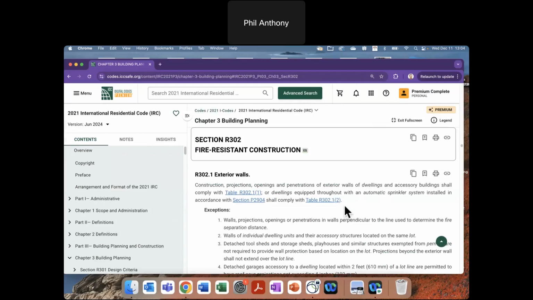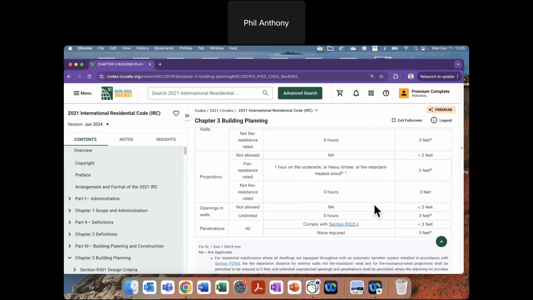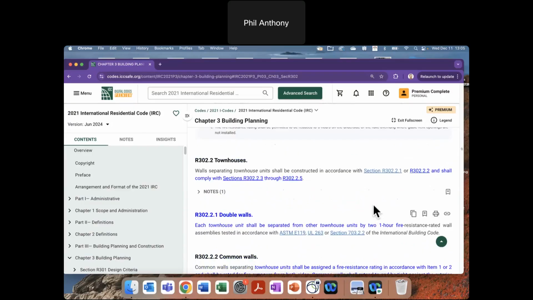And the first thing that I'll point out is that you are able to copy and paste. So if you make a selection here, you can either Control-C copy it, or you can copy the text with that icon there. And you can use that in your email communications or putting it in a Word document or such like that. So if you scroll down, like I said, we can navigate all these different code sections like this. And then if we come down here,